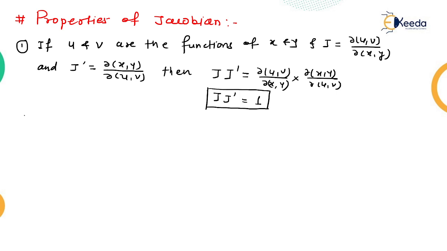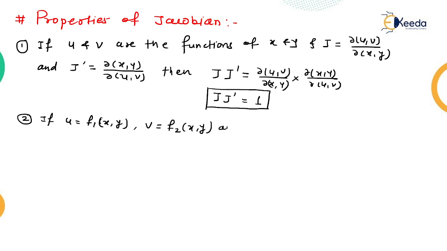Now let me start property number two. This property is related to the chain rule, that is the chain rule of Jacobian. So what is the chain rule? Let's see it simply. Suppose u and v are two different functions of x and y. So let me write: u equals some function f1 of x, y, and v is also equal to another function f2 of x, y,